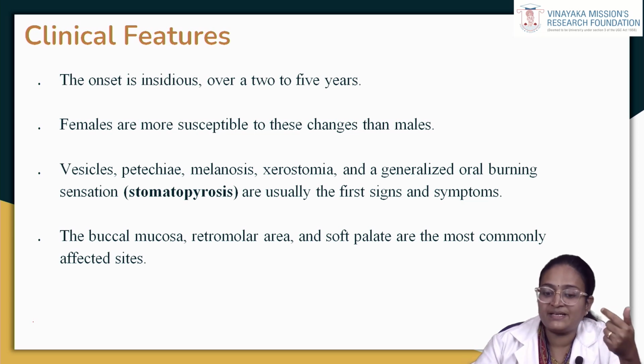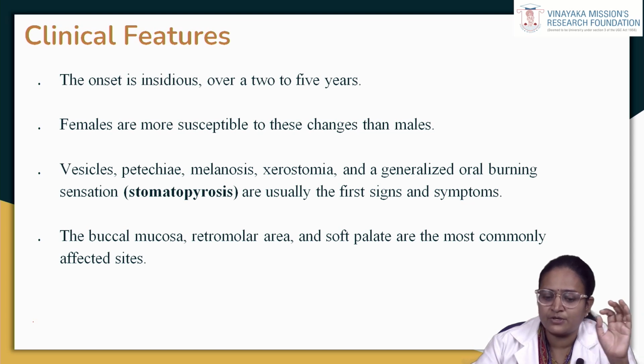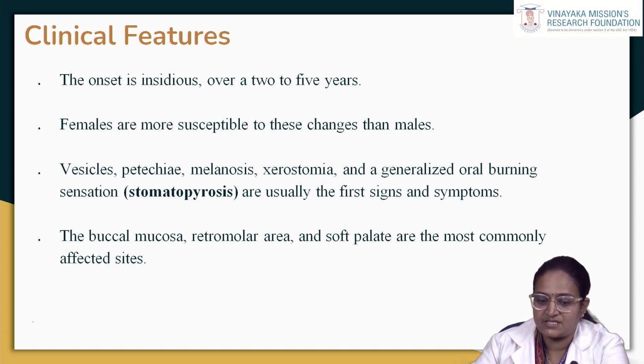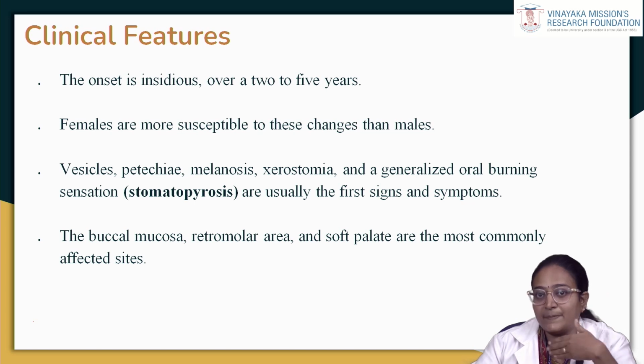The patient gradually develops restricted mouth opening, speech becomes difficult, tongue movements are restricted, and the uvula becomes shrunken. The soft palate movement decreases. When you examine the patient clinically, you are able to see the shrunken uvula, decreased soft palate movements, and loss of stippling. The patients may also develop referred pain because the fibrosis extends to the surrounding muscles.